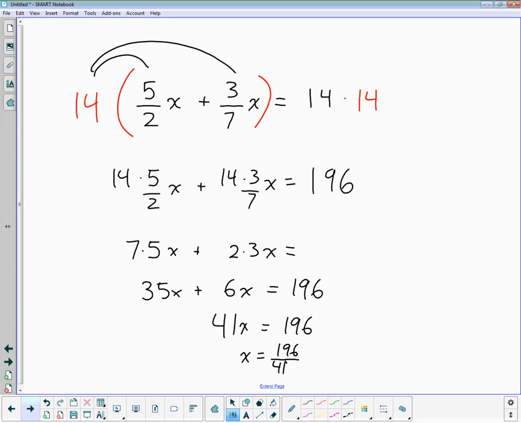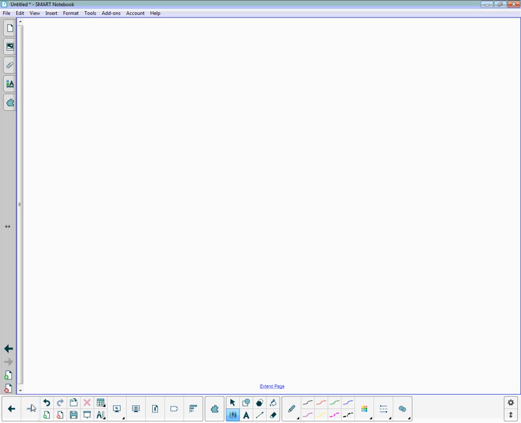One more. Almost done? Okay. Pencil still moving? Okay. Let's do